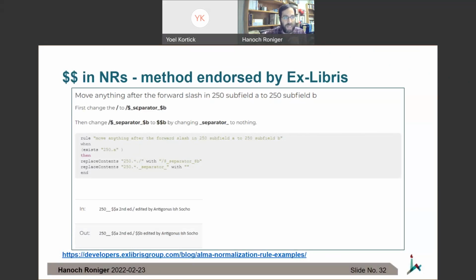So this is a way you can add $B, for example. You add it with a separator and then remove the separator,